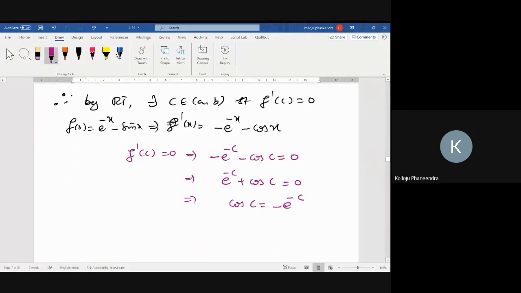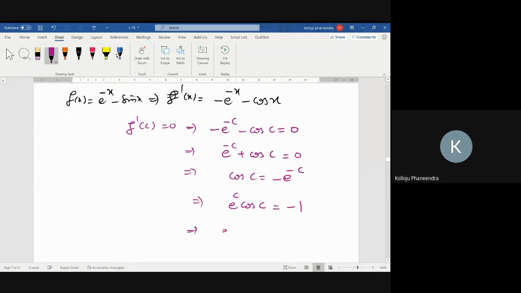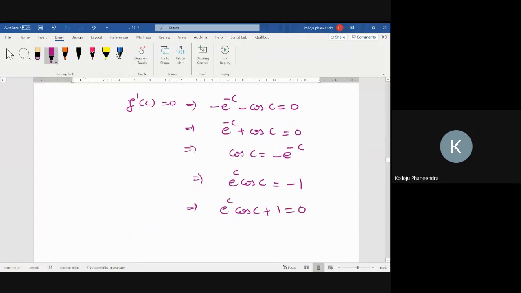Cos c equal to minus e power minus c. Take e power minus c this side. So e power c cos c equal to minus 1. Okay, that implies e power c cos c plus 1 equal to 0. What is the meaning of this? This implies c is the root of what equation? E power x cos x plus 1 equal to 0,